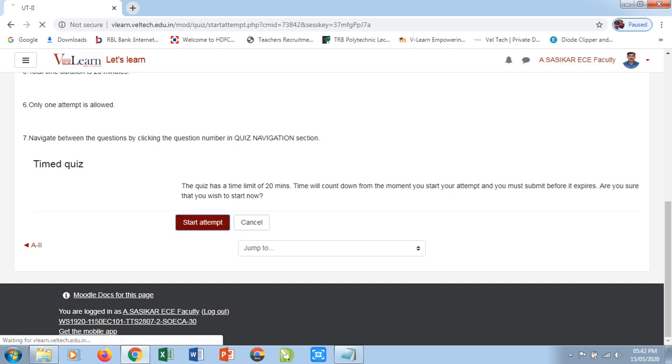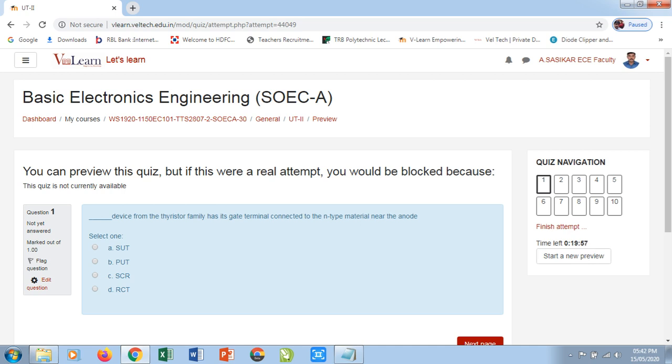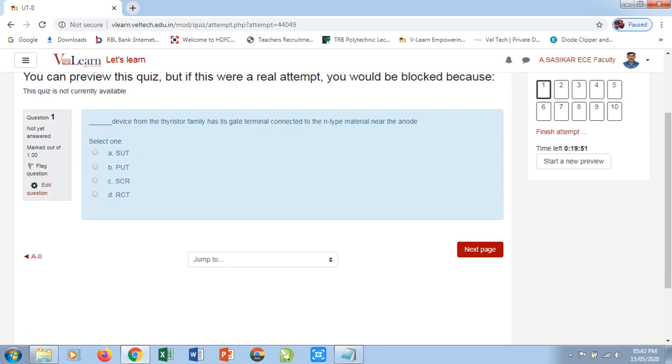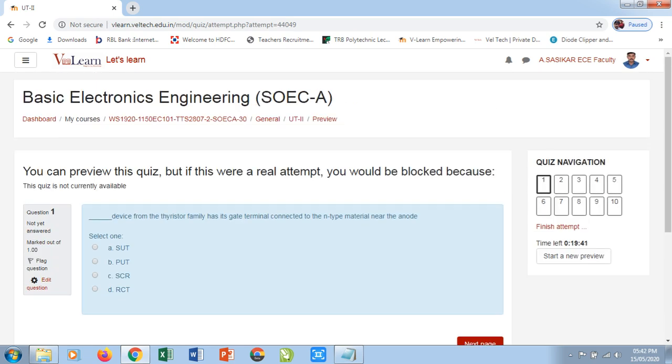This will take you to the quiz. So you can get the preview like this when you are trying to attempt the quiz. The important thing is don't select any answer from the answer section. So just do the preview of the quiz questions by clicking the next page button, or you can directly move to the particular question by clicking the question number in the quiz navigation pane.